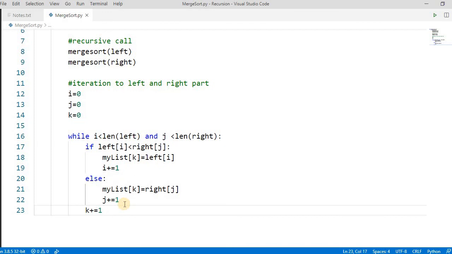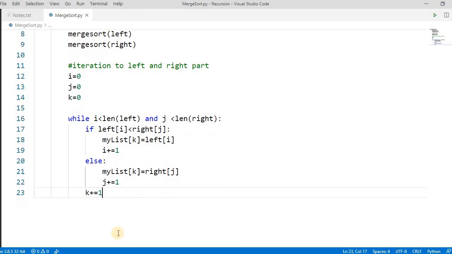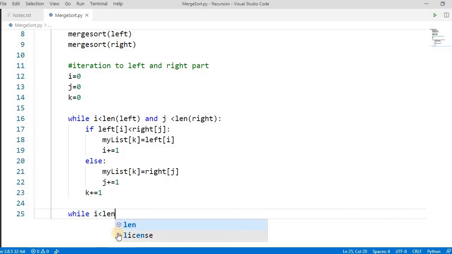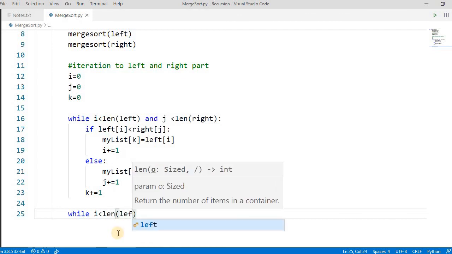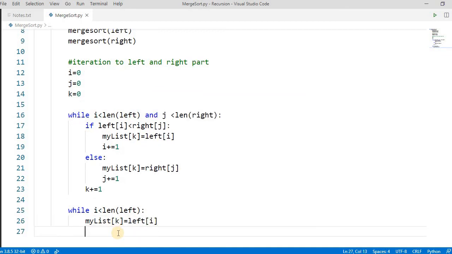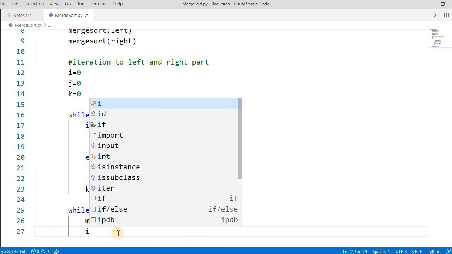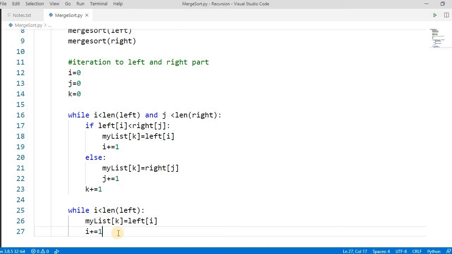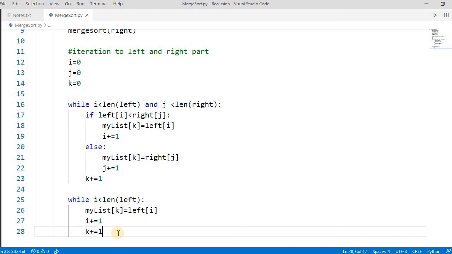Now we have to combine the remaining elements also. While i is less than the left length, my_list[k] is equal to left[i], and then i plus equal to 1, k plus equal to 1.